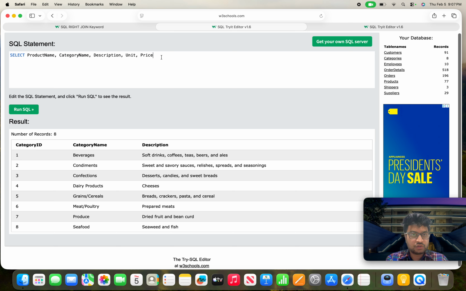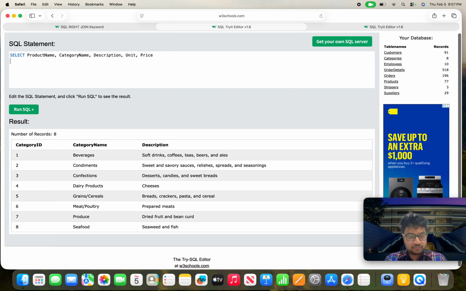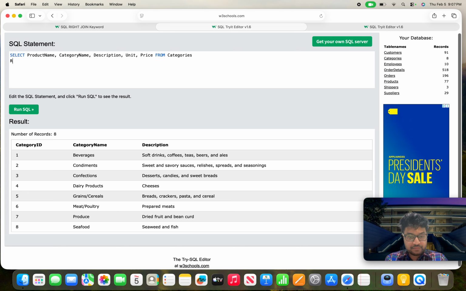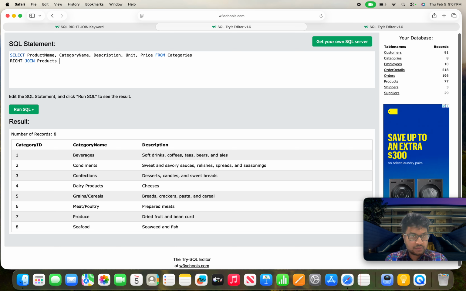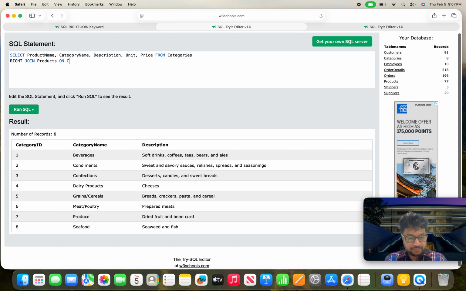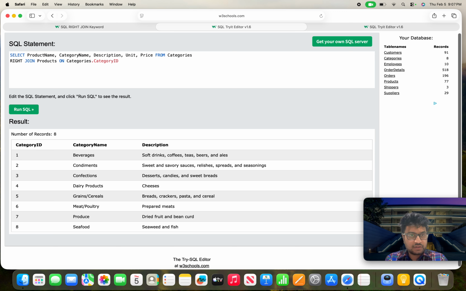And I know there's always going to be a match. So, from categories, right join products, and now we can do ON categories.category_ID equals